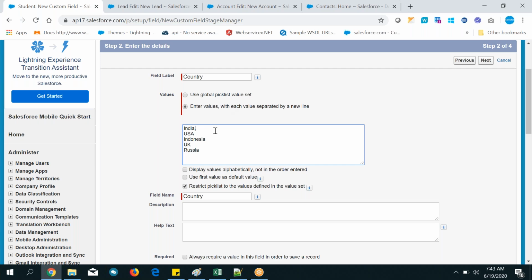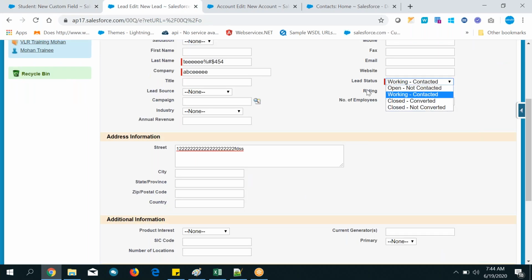So please don't put any commas, okay, and don't add values side by side like that. Remember that point. Don't add side by side. Whatever value you enter in a single line, this is one value. This is another value, okay, and this is another value. And if you put a comma, that comma also will be displayed over here.